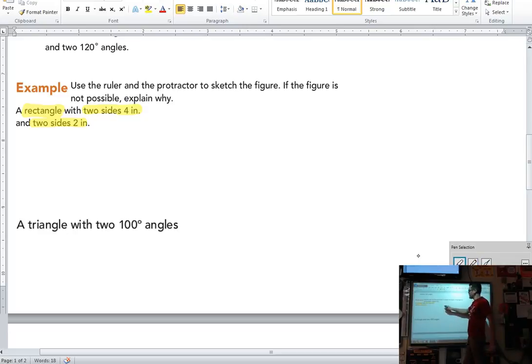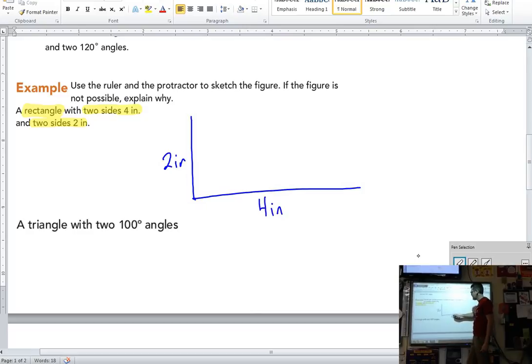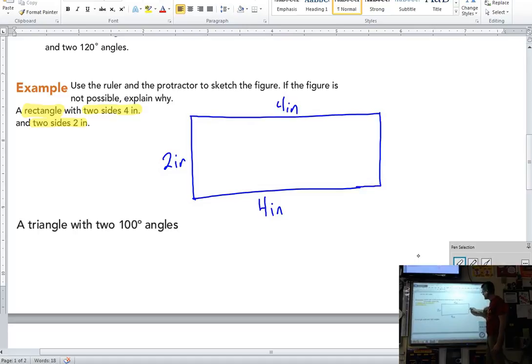So just like what we drew up there for a rectangle, I could draw a 2-inch side, and then a 4-inch, a 4-inch, and a 2-inch. What else would I need to label to show that this is a rectangle? Well, so I've labeled these, so it actually tells me that they're congruent. So I don't need the congruent line since I know what length they are. I could do the arrows, but I actually don't need those either if I show one other thing. If I show this,